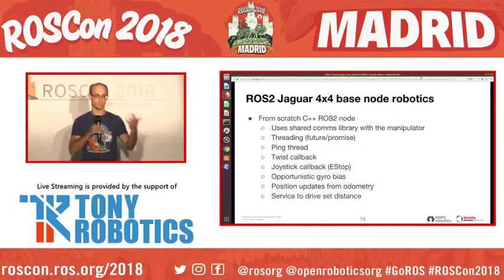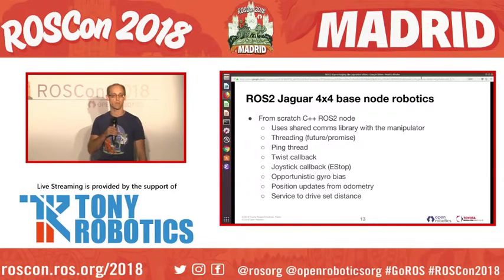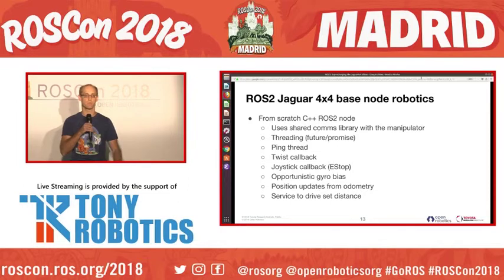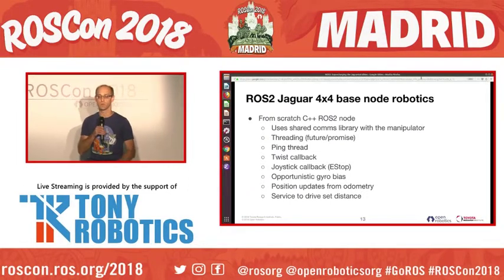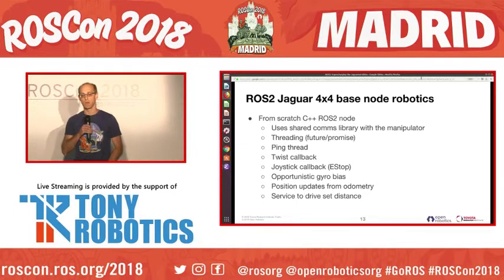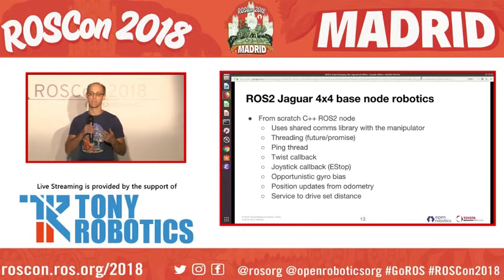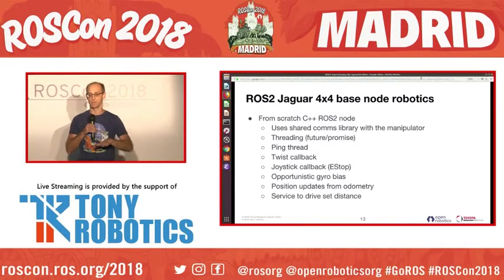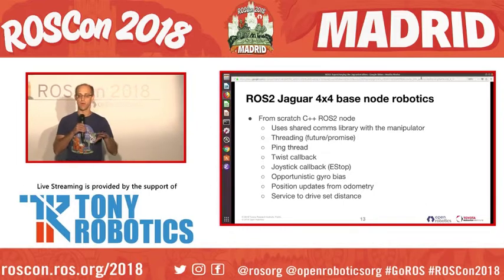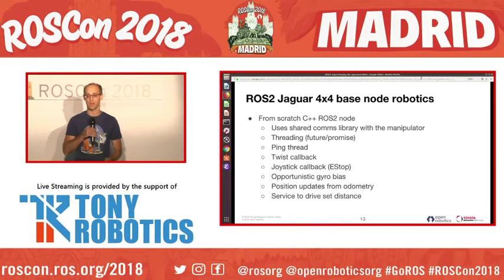There's also, getting into the ROS2 stuff, the twist callback where we take the command vel twist in, and convert it to motor powers. There's the joystick callback to do software e-stop, which I'll talk more about in a minute. There's also the opportunistic gyro bias. I call it opportunistic because the gyro on this platform tends to drift a lot. So anytime the robot is stopped, we actually take a bias reading to get an offset,